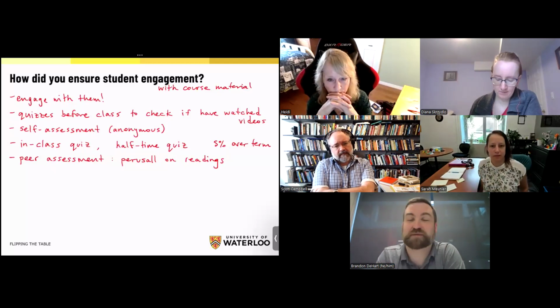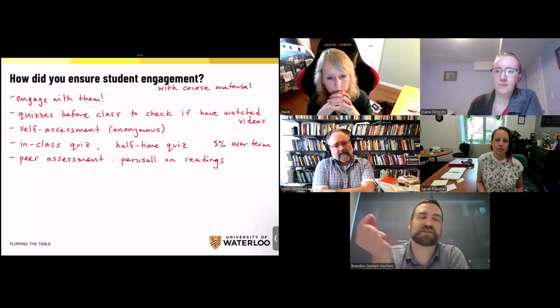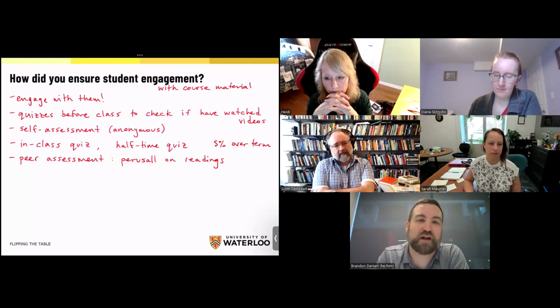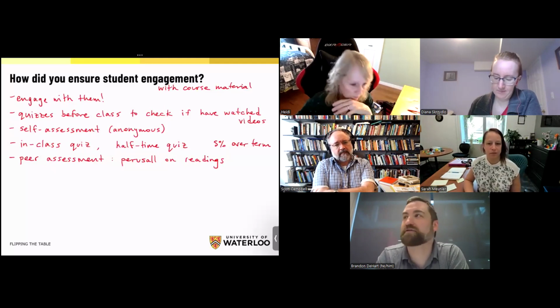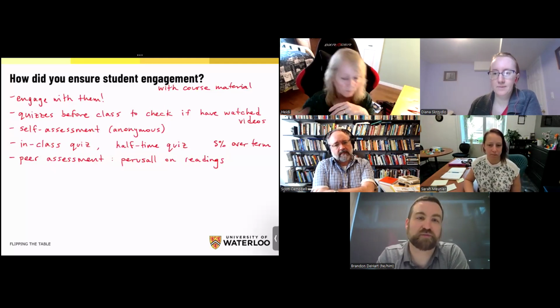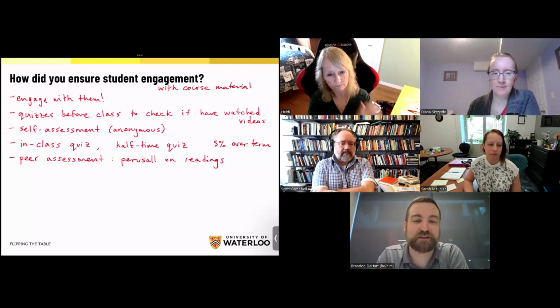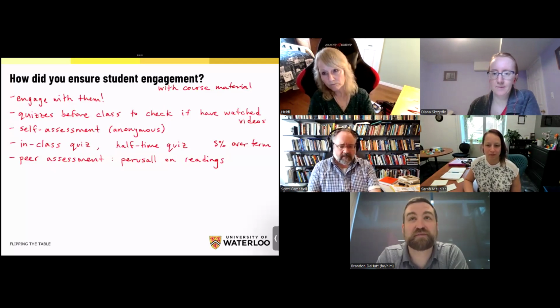Part of it comes back to the marks. There's minuscule marks, 0.5% kind of thing, for how well you respond to and help out your peers. So it's answering questions that they post on Piazza, it's responding to comments on Perusall, things like that. But the other piece is in class, I do two things.